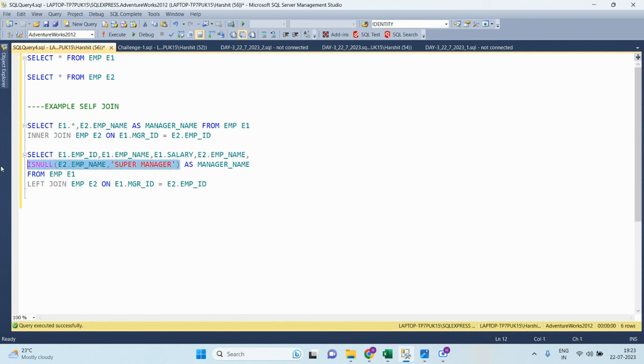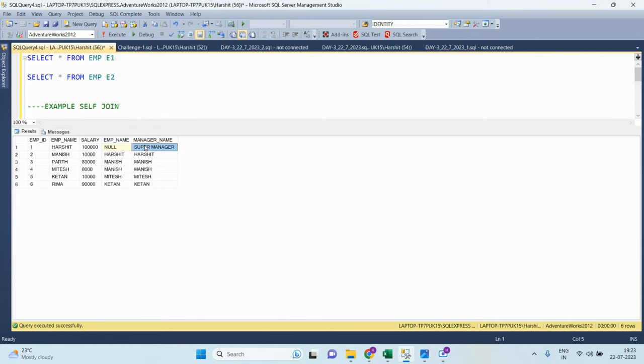And in the IS NULL condition, what if I have a value in the EMP name column as null? Then it will show super manager. So that is why in place of Harshit, it is showing as a super manager. Now let me go to the